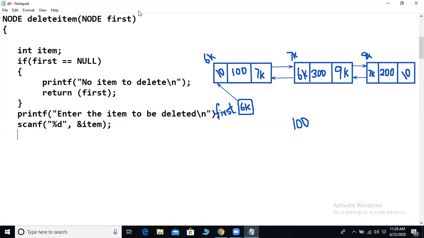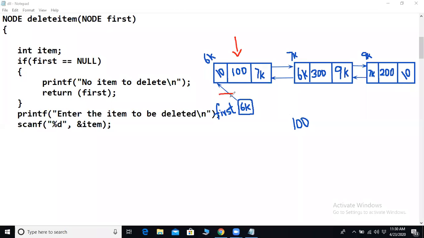Now before I go for that, what should be the condition to do that checking? Okay, wait. We'll first discuss. Let's assume that I found the item to be in the very first node. Now this node needs to be deleted. If this node needs to be deleted, what all changes need to be done? The first thing is the first value is 6k.